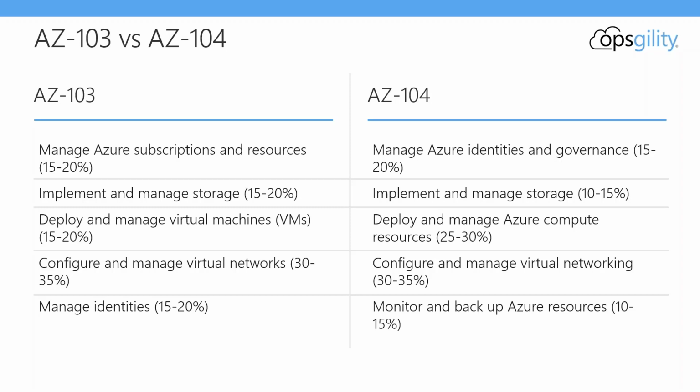So we've gone from deploy and manage virtual machines to deploy and manage Azure Compute. That's a pretty big clue that there are some things that we're going to need to take a look at